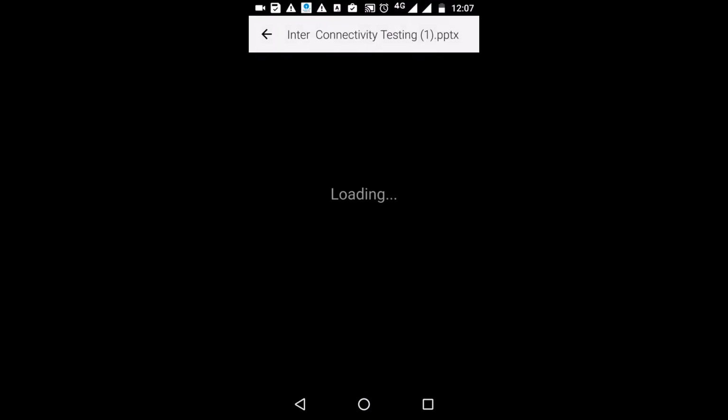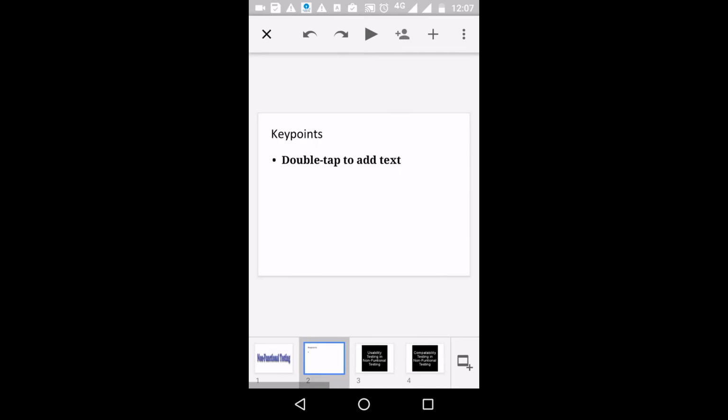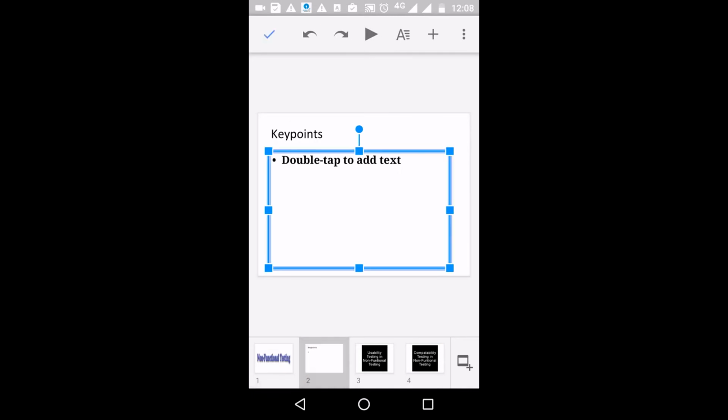See, usability testing is also called accessibility testing. Note down the key point here.